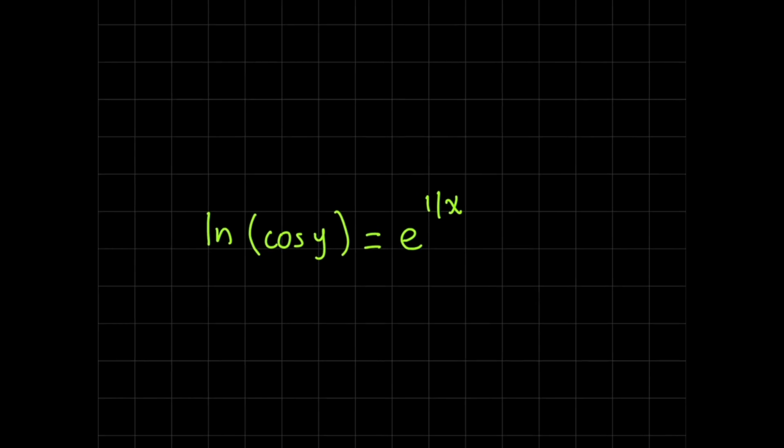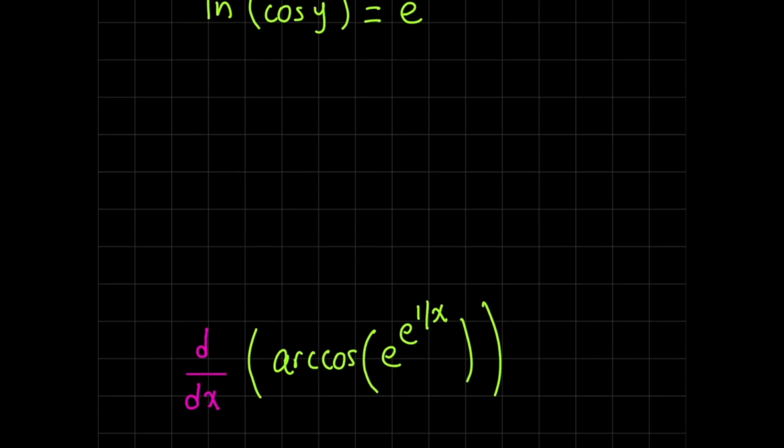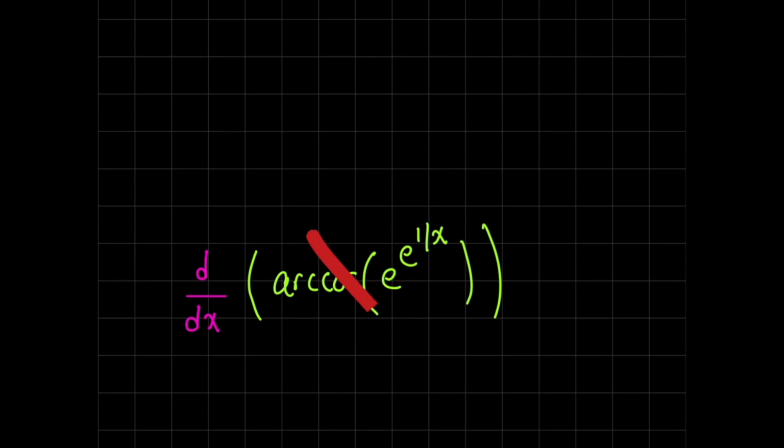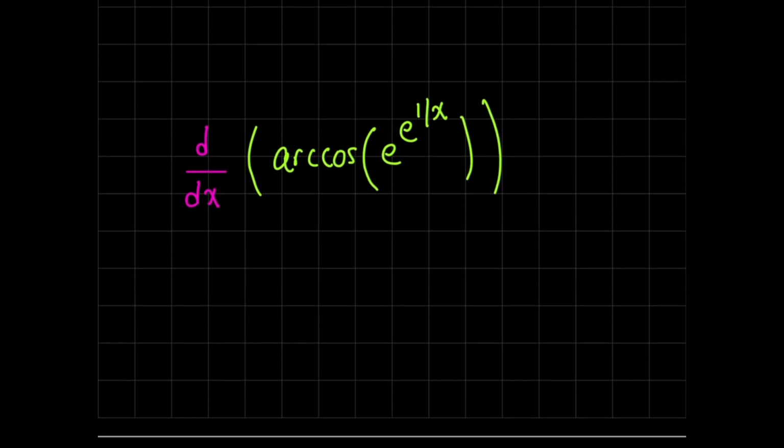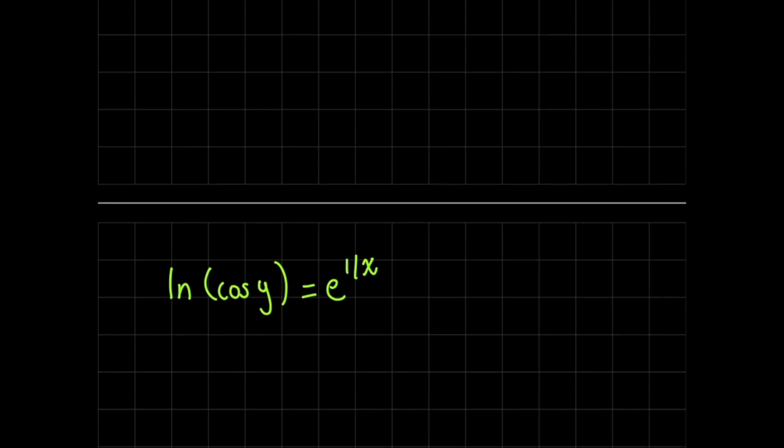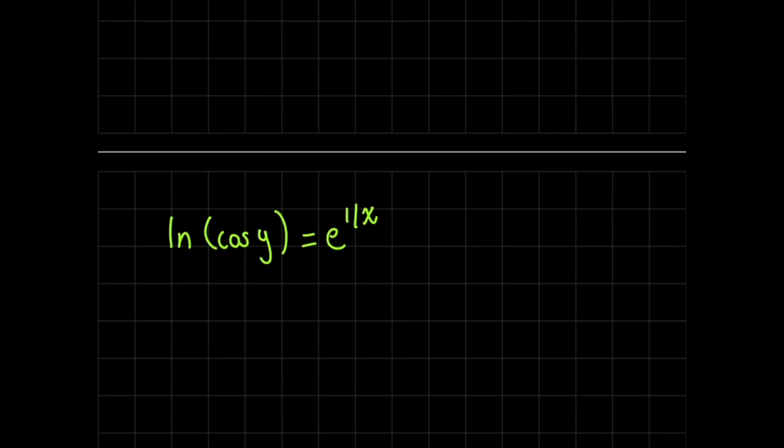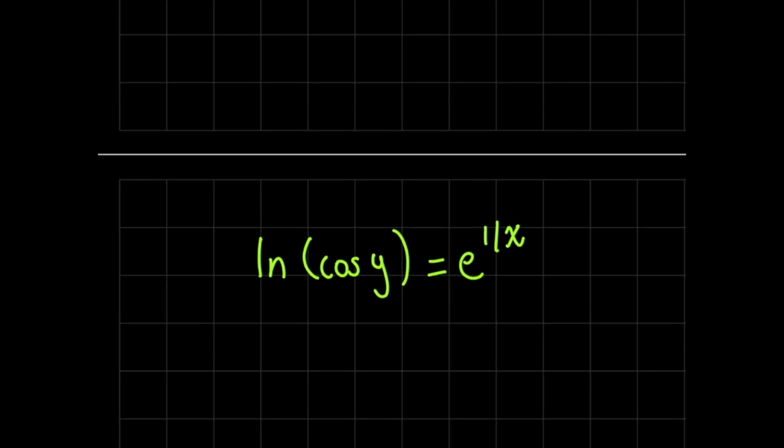Have you tried taking the derivative of this and then you get stuck because you get to this point and you're like, what do I do? This is pretty nasty, right? But in this video, I'm going to show you a faster way that's going to save you a lot of time and headache. We're going to use what's called implicit differentiation because in this original equation I gave you here,